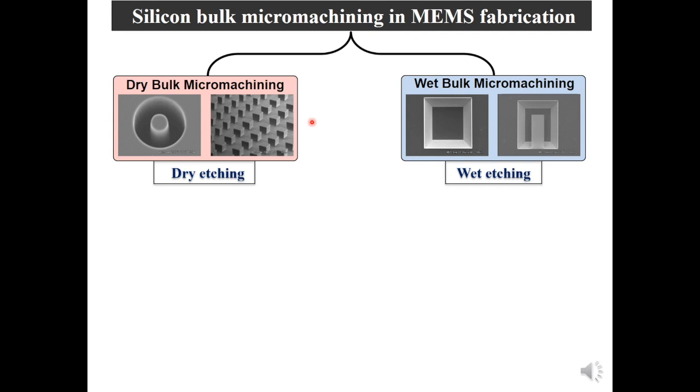We can fabricate very small structure, so that's why it is compatible with surface micromachining technology. The biggest drawback of this technique, it is not suitable to remove underneath material to fabricate the freestanding structure. And one more, that it is not suitable for the fabrication of slanted side wall. Of course, it requires expensive equipment.